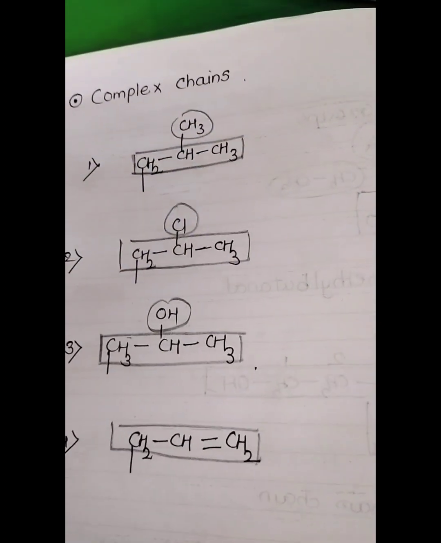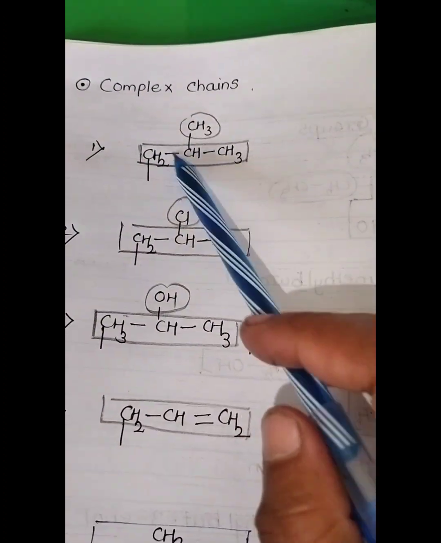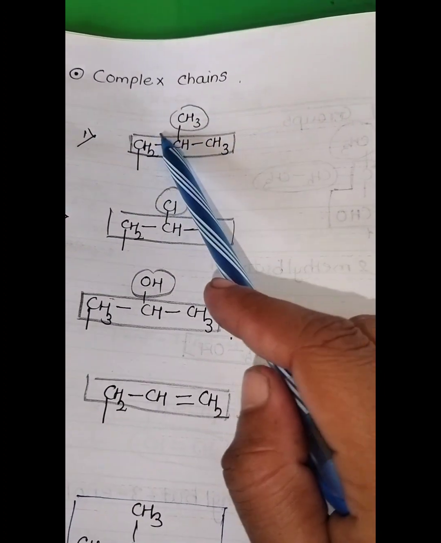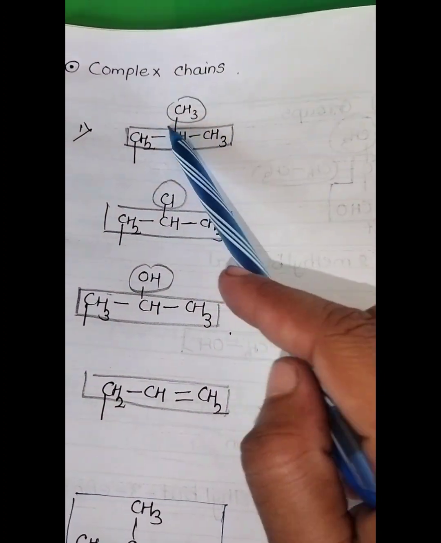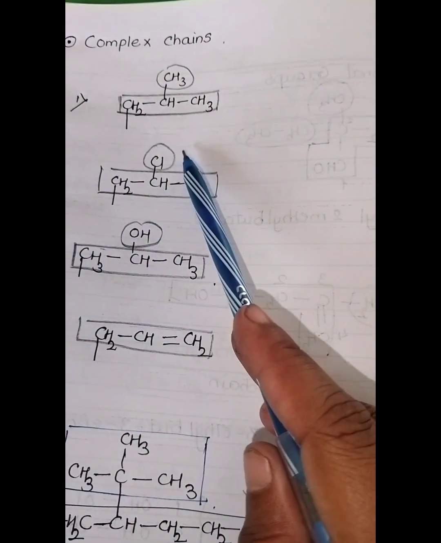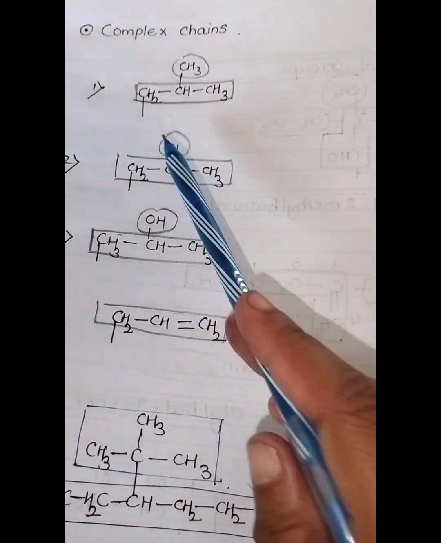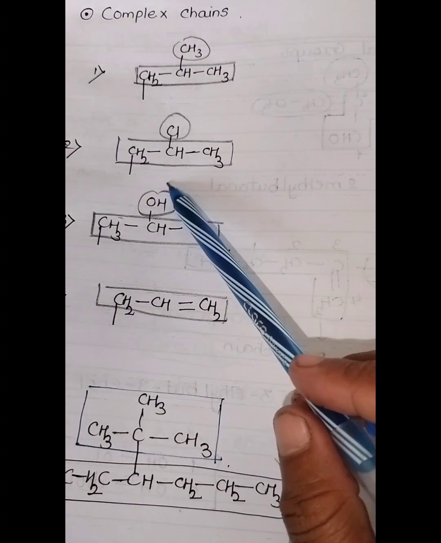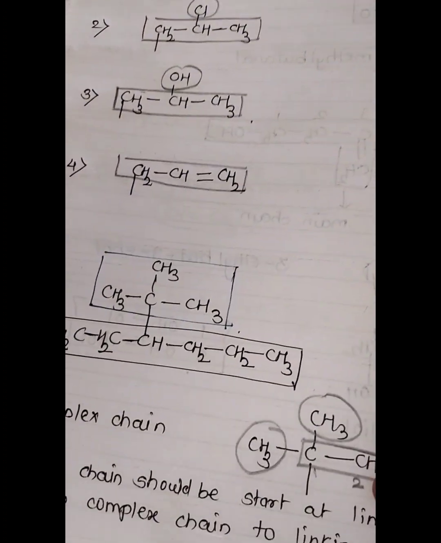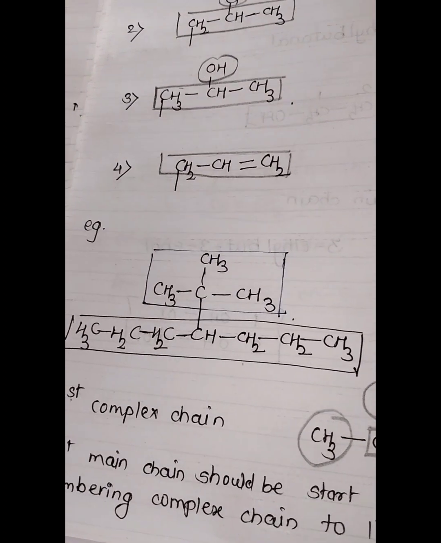Then the complex chain. This is a complex chain. Suppose this is your main chain, or parent chain, and this is your side chain. Here this is your parent chain, this is your side chain. Then, for example,